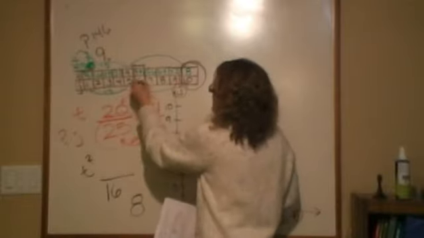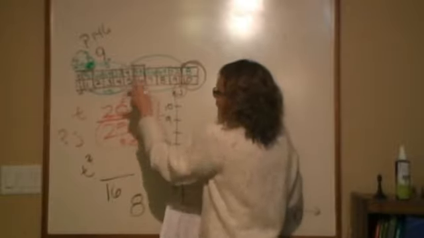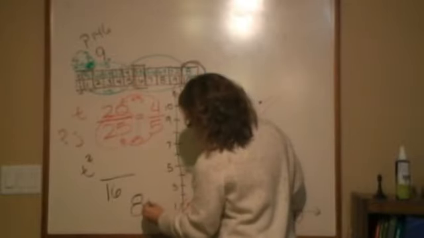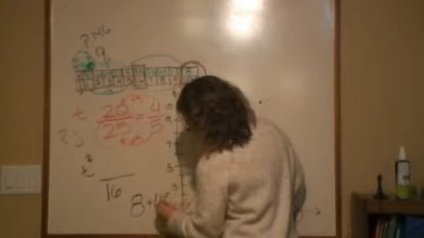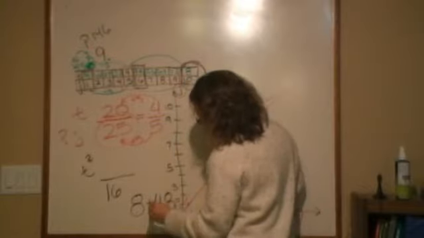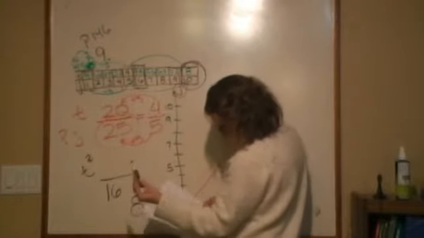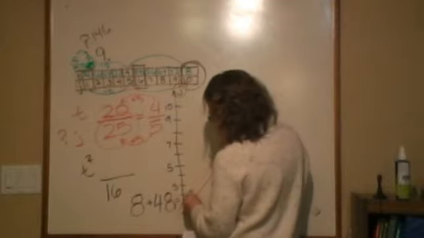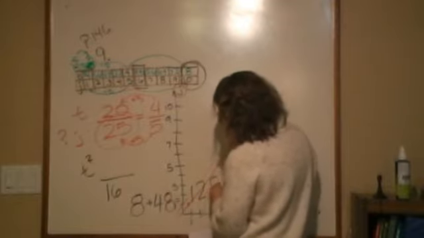And 10 plus 6 equals 16. I can add these two together, and that's what the last one told you. So there's many ways you can do this, and so 8 plus 4.8 is going to give me 12.8